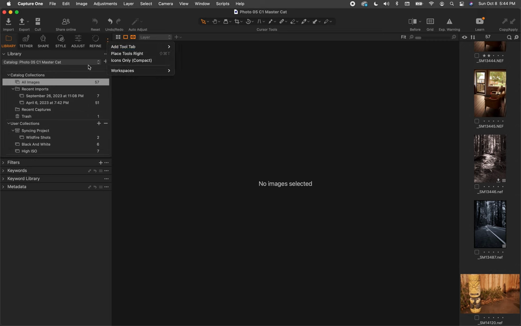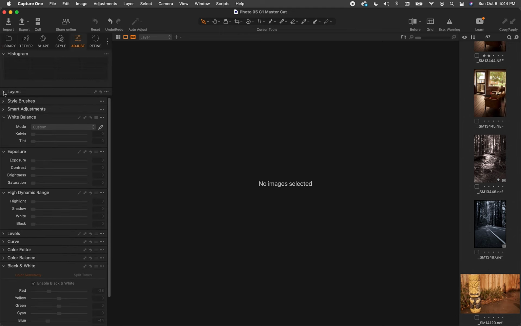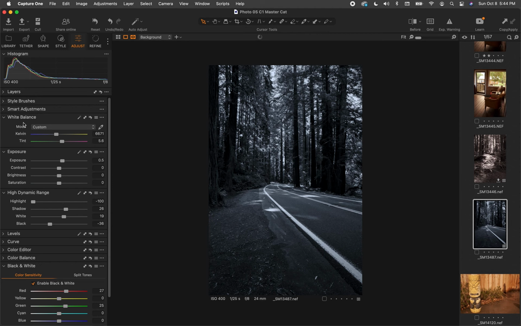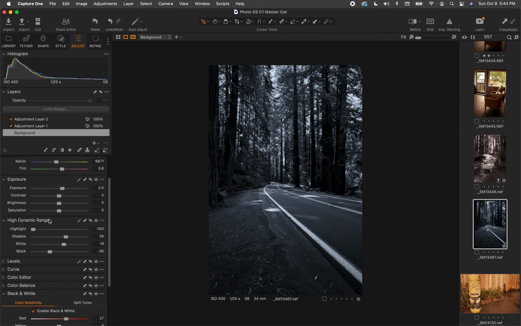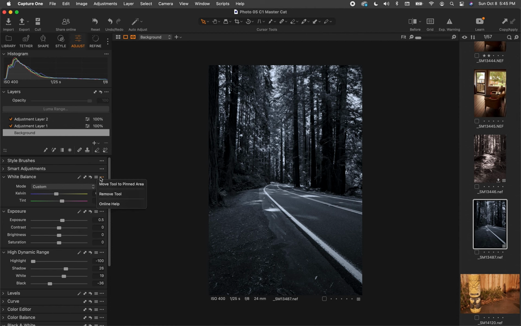Now, if you wanted to customize this, you can go in here and, starting with the tool tabs, you can choose to remove them or put another tool tab and add different tools in there and get very customized. You can also, if you're working in the adjust panel and you find that there are a bunch of adjustments that you always want to use, instead of having to go down to the scrollable area and find the adjustment that you want, you can click here on the tool that you want to use